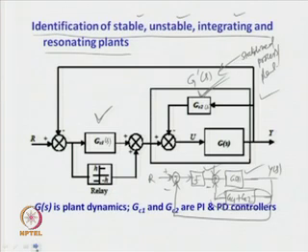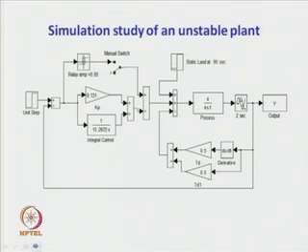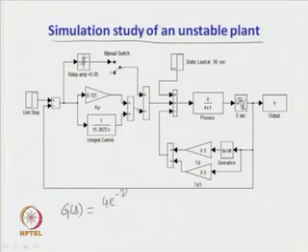Let us go to the simulation study using the new identification and control scheme. So, in the simulation study of an unstable plant, let us consider the same unstable plant we had considered in the earlier case. So, the plant dynamics G(s) is now 4 e to the power minus 2s upon 4s minus 1. So, this is our plant